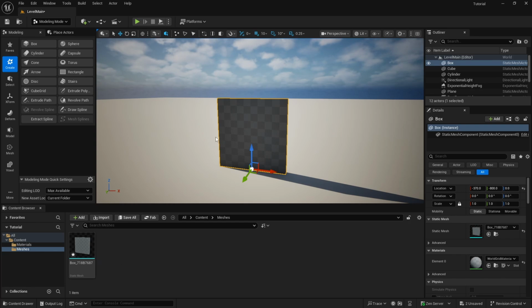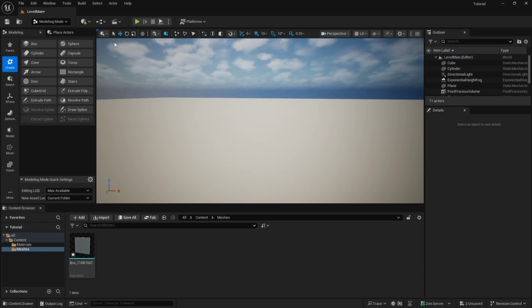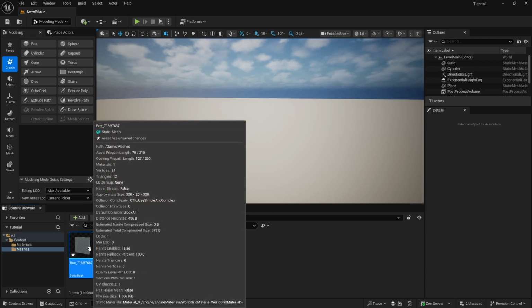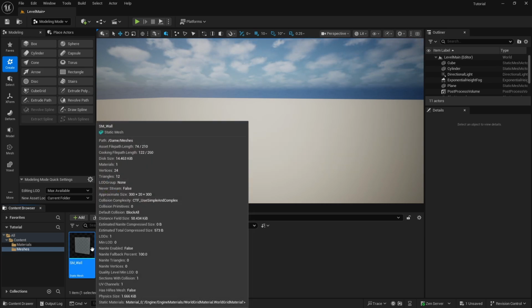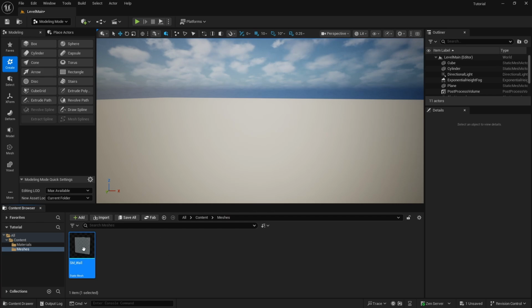Okay, so the first thing I'd like to do is just delete the one that we put in the scene, and then click on the one in the content drawer, and if you hit F2 you can quickly rename stuff, and let's call it SM underscore wall. Okay, so that's our first blockout mesh. So let's open that up,